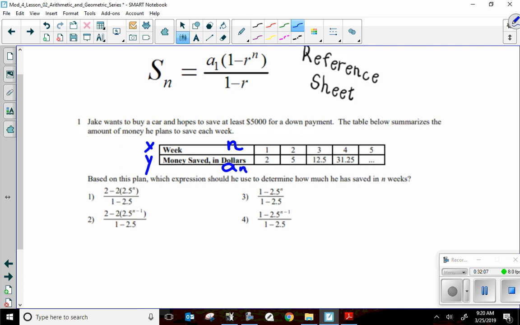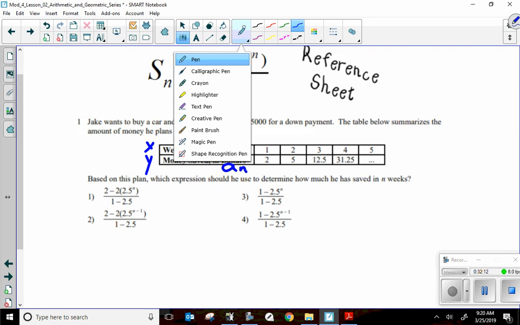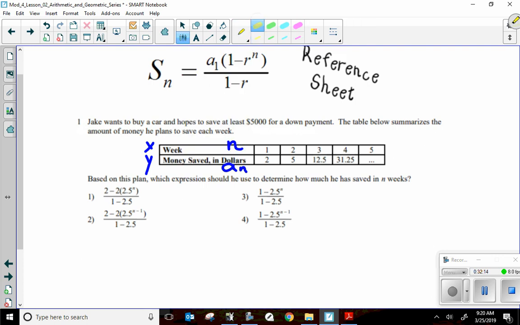All right, so we need the first term. My first term is 2. N just tells you it's the first term. N is the number of the term you have. The actual term is the y value, the a sub n. So this is when n equals 1. This is a sub 1. That's what they want here, a sub 1. So I've got 2 times